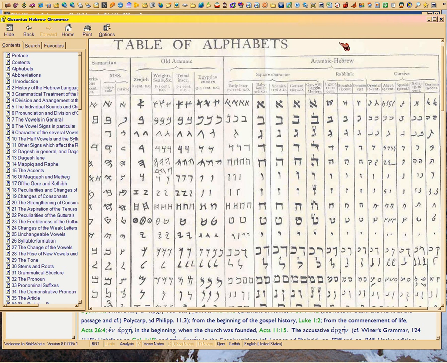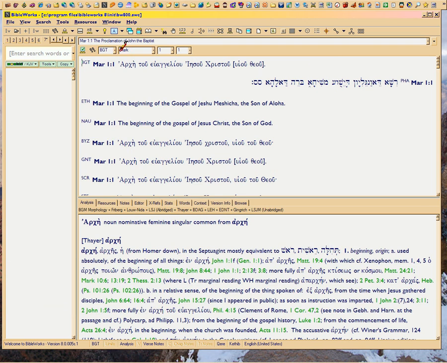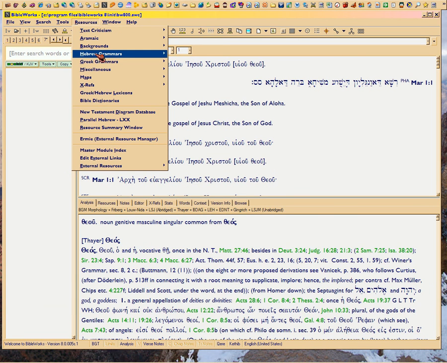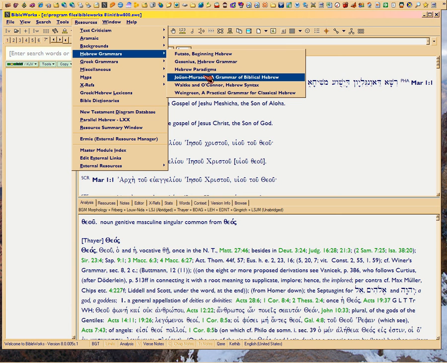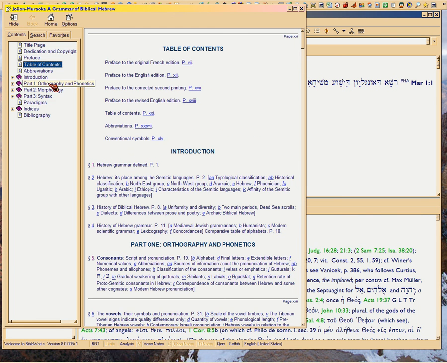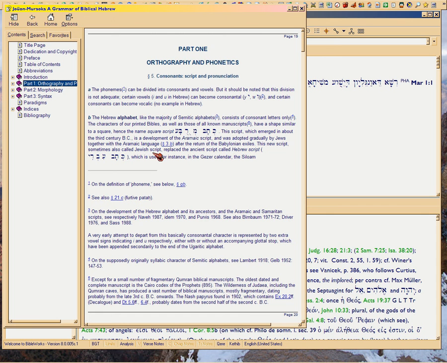Unfortunately, Marocka, and I don't know why he didn't correct this, he should have known better, because Gesenius had been out already since 1900, because it went through many editions. Unfortunately, our boy here, Marocka, is saying that this was a development from the 3rd century BC. That's not true. So you have to read this guy, Marocka, with a grain of salt.